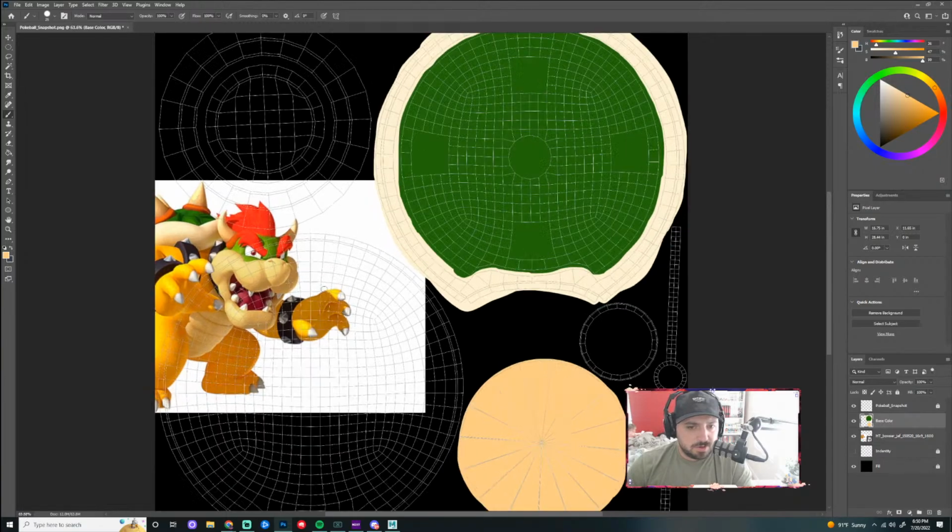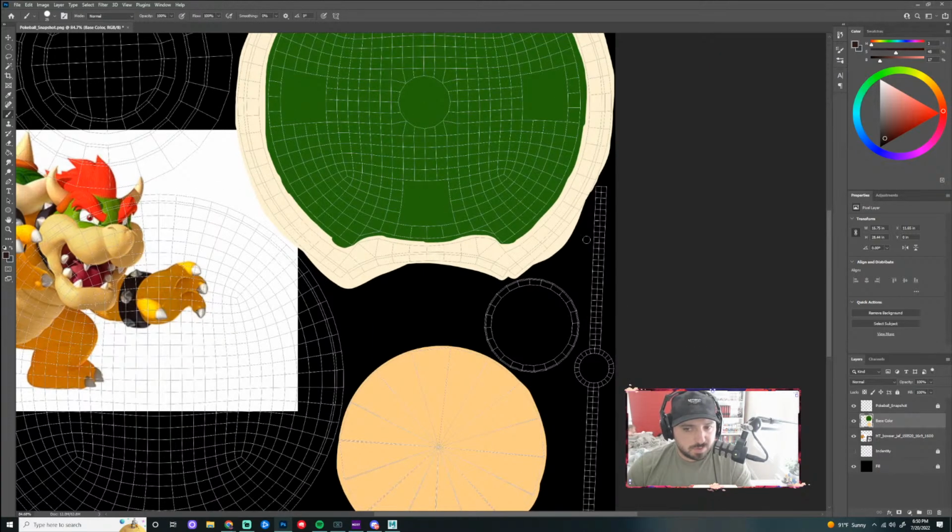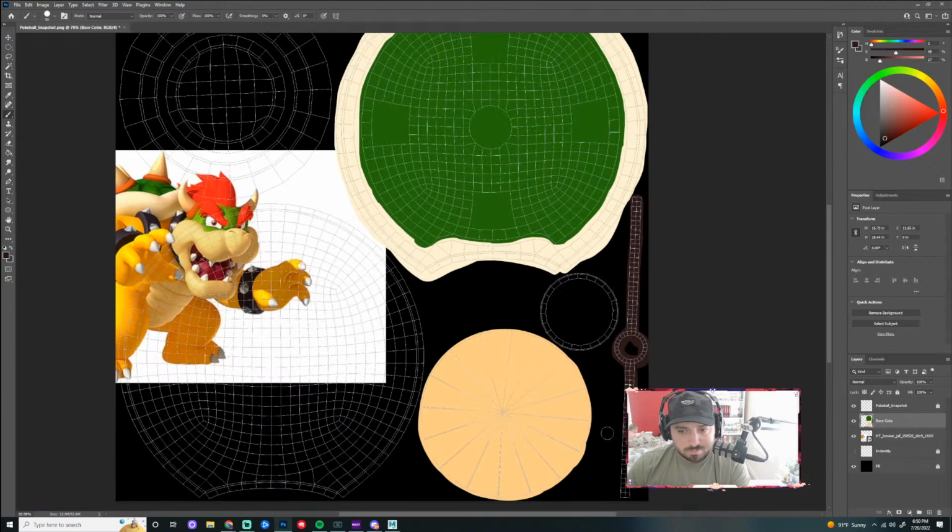And then I think what I'm going to do around the ball, I want to try to use his kind of dark purpley color for this part. Maybe.